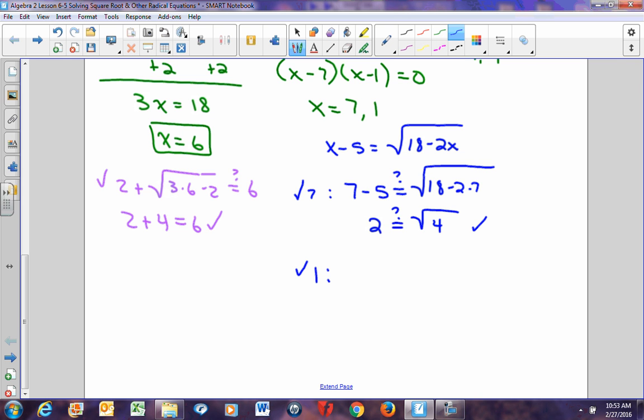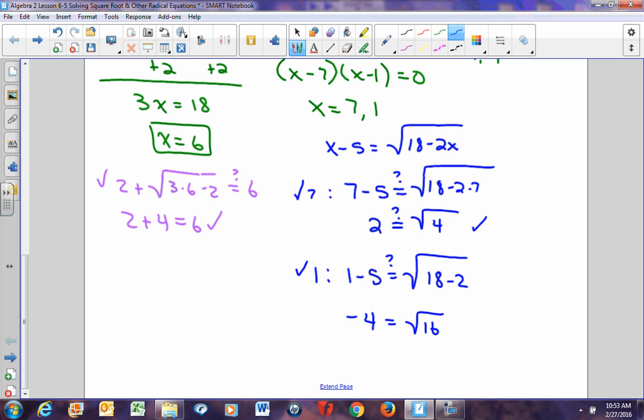So I'm going to have 1 minus 5. Does that equal the square root of 18 minus 2? Okay, negative 4. Does that equal the square root of 16? Well, you might say, well, the square root of 16 is both positive and negative 4, but it's not, because